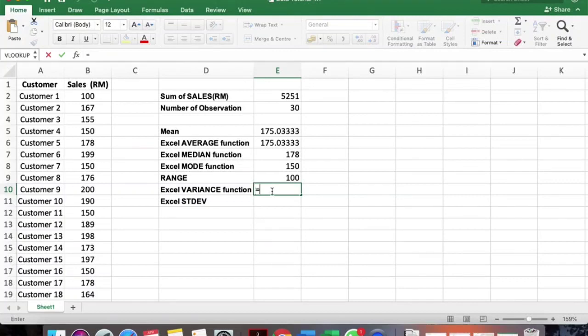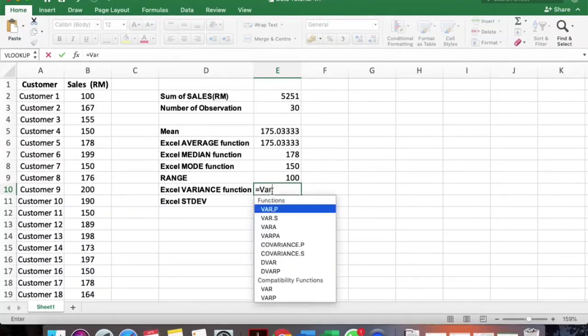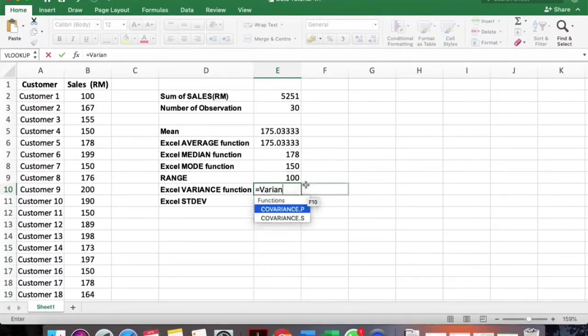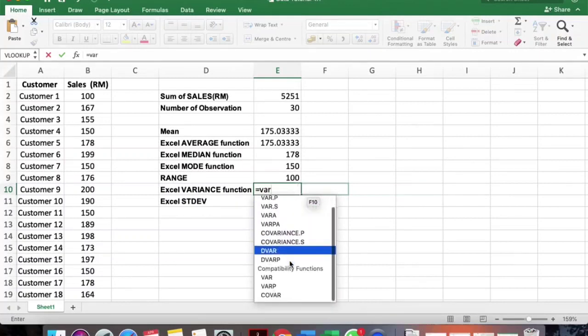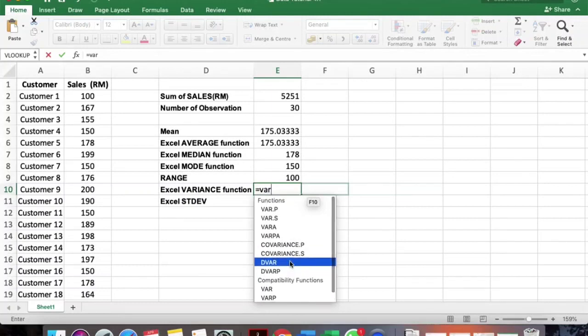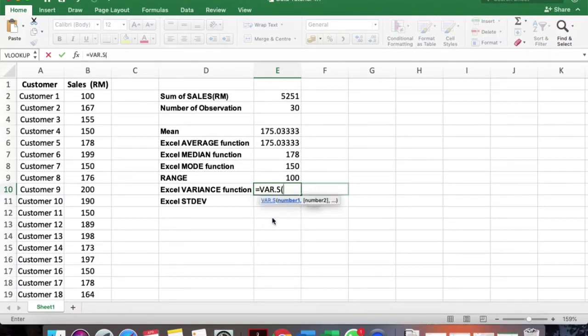Now we have to calculate the variance. So it is the variance of the sample. So you just need to type VAR. I need to find the variance function here. So I'm searching for the variance formula. Okay, so it's VAR.S.